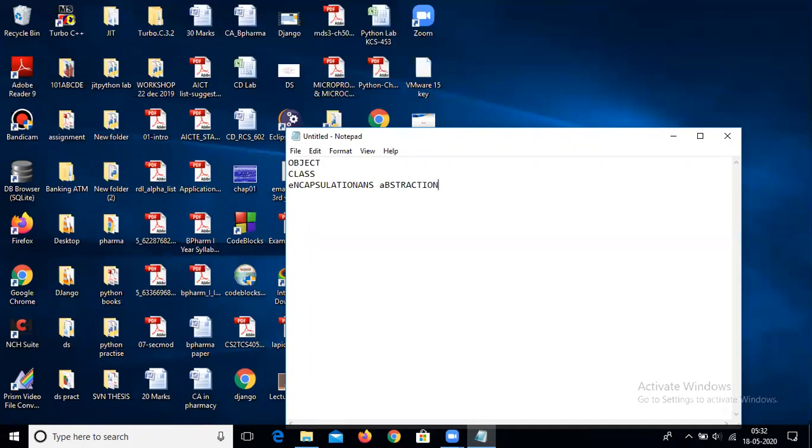Encapsulation means what type of information you want to hide from the outside world. Suppose you have something and you want to show it to the world, but not the implementation details.